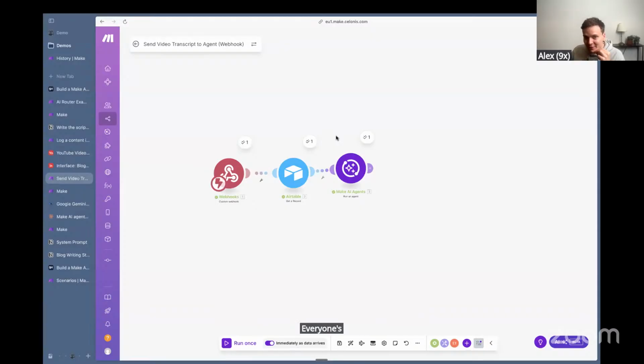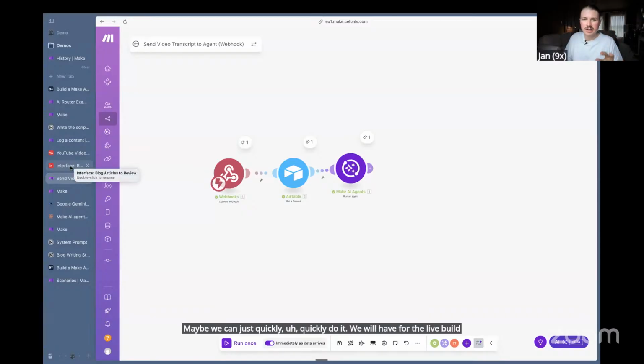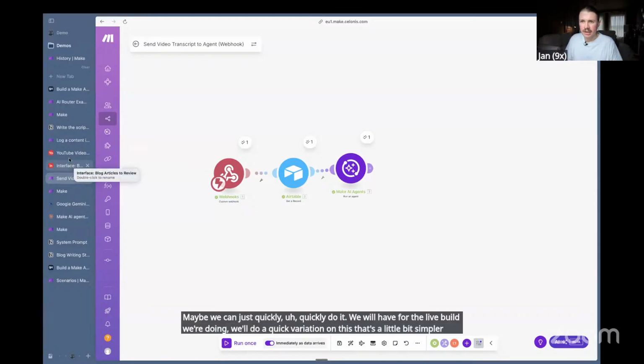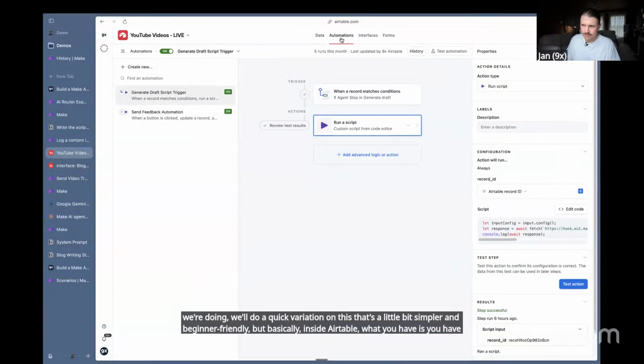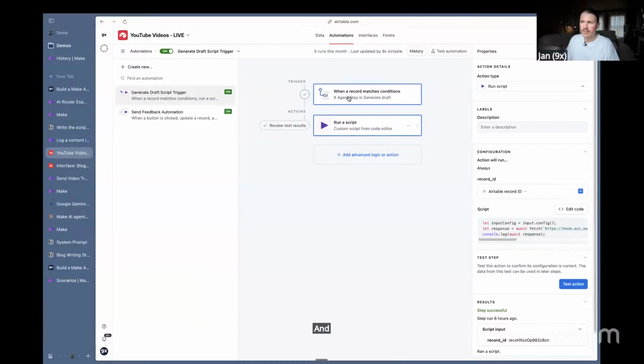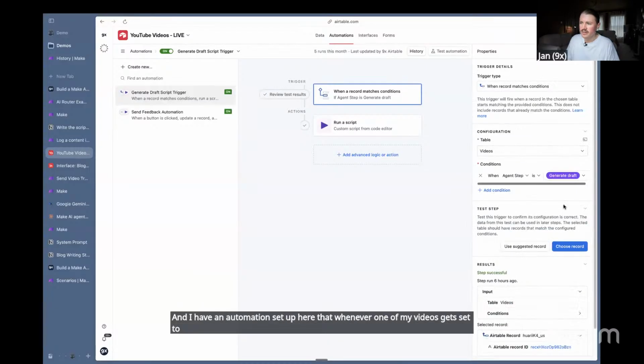Everyone's asking what is inside this first webhook module. How did you configure it? Yeah, so this one, I'll probably leave that to the end, or maybe we can just quickly do it. For the live build we'll do a quick variation on this that's a little bit simpler and beginner friendly. But basically inside Airtable, what you have is automations. And I have an automation set up here that whenever one of my videos gets set to generate draft, I'm